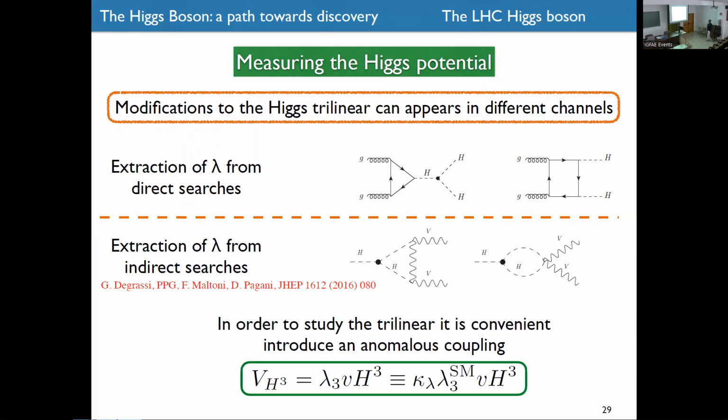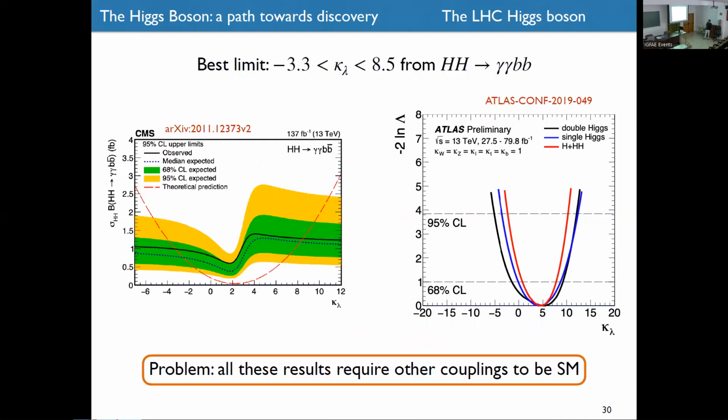As before, all the results are given in terms of the kappa lambda, that is simply the variation of this lambda state as a standard model. So the best limit at this moment is this, for the kappa lambda between -3 and 8. So again, we want something around 1 possibly. So we are very far from it. And they come from here, from the cross-section of the production of Higgs that goes into photon, and b b-bar. And these are the results. And well, these are the limits.